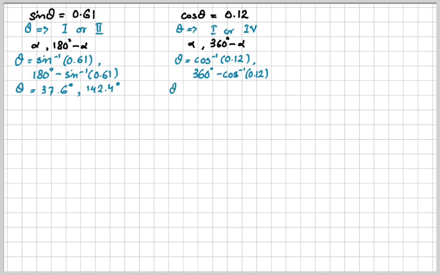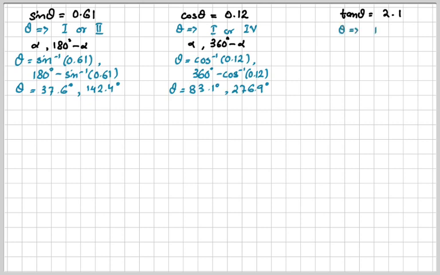it becomes 83.1 degrees, and 360 minus answer is 276.9 degrees. Moving on to the next question, tan theta is given, and if it is positive, we should know